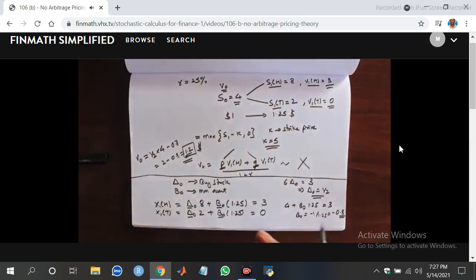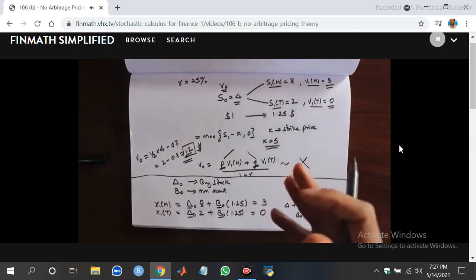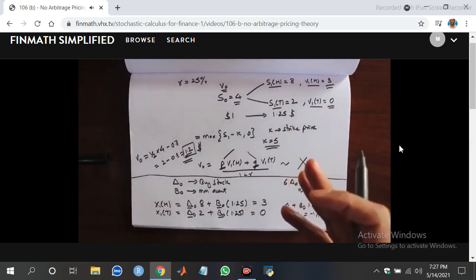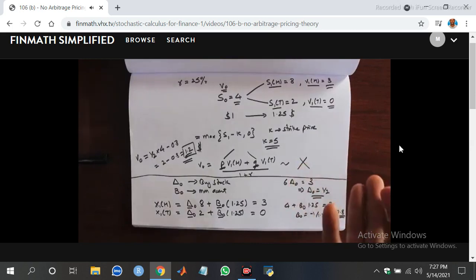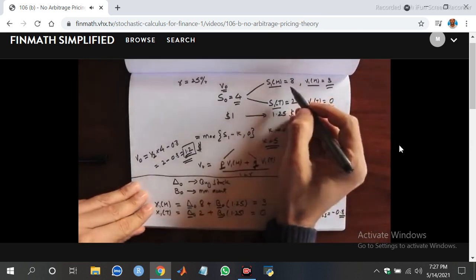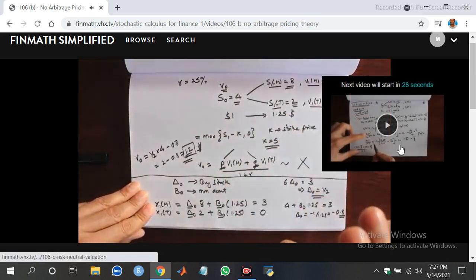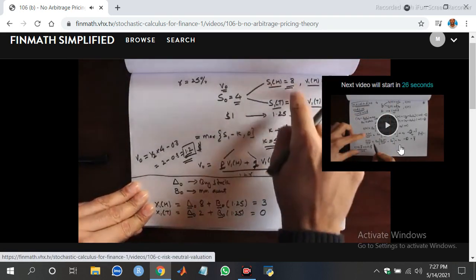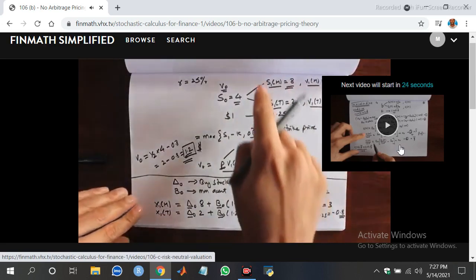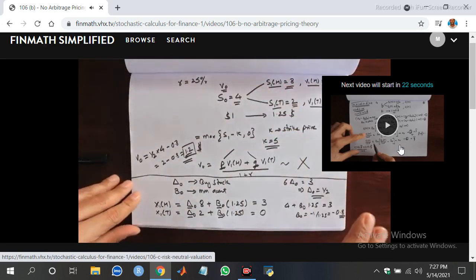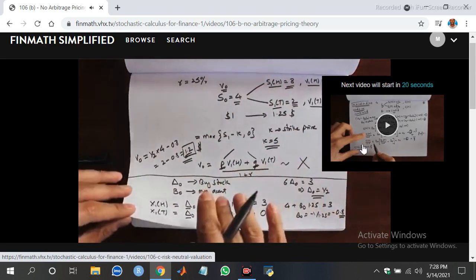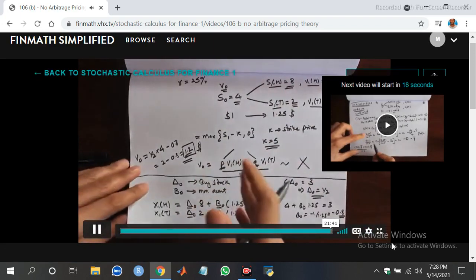That is the main advantage of using arbitrage theory, that the probabilities of the stock going up or down don't really matter. What really matters is by how much the stock can go up or down. So these values matter, but not the probabilities of the stock going up and down. It's a very powerful theory, and we're going to actually expand on this theory in the